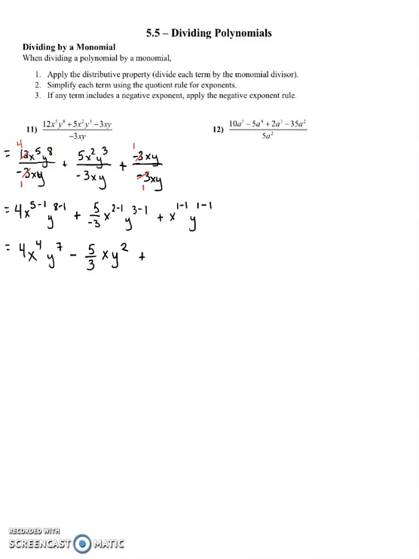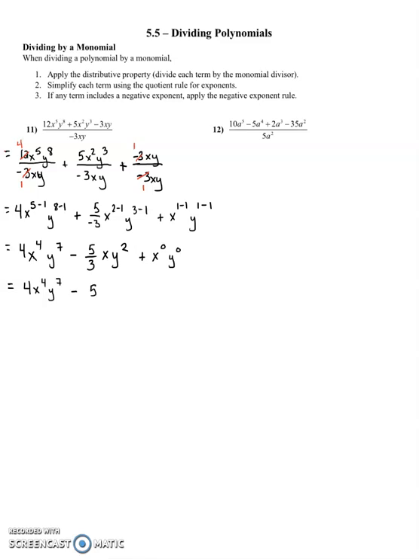And for our third term, x to the 1 minus 1 is 0, and y to the 1 minus 1 is 0. Now remember, anything to the 0 power is 1. So we have 4x to the 4th, y to the 7th,